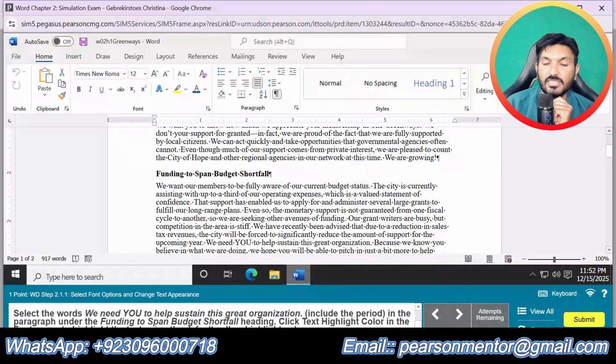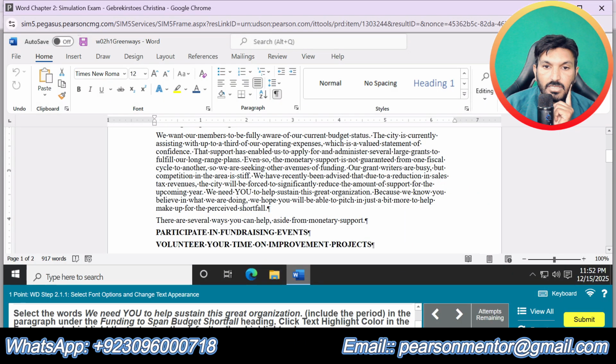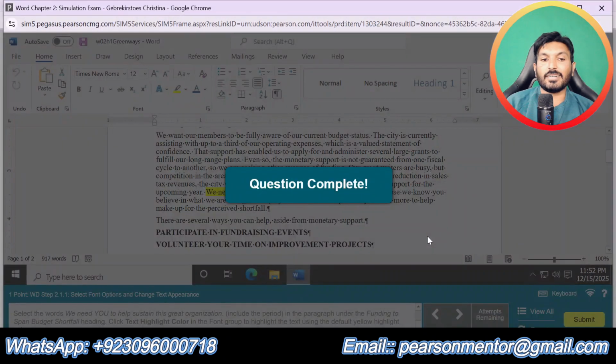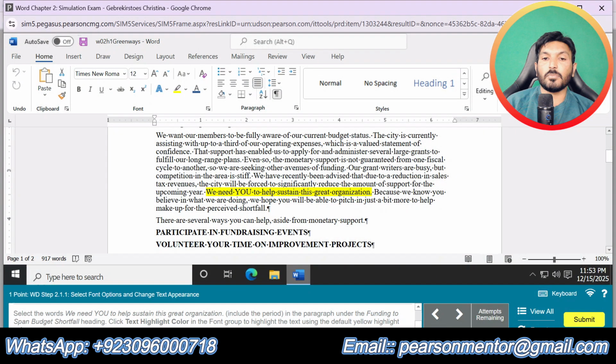We need you to help sustain this great organization, including the period here. After selecting this, click the text highlight color in the font and highlight the text using default yellow green here. Okay, so that is all about question number 1.